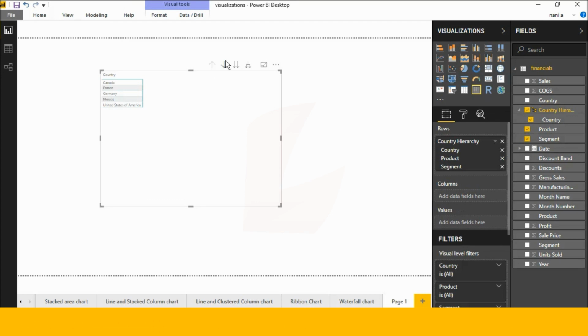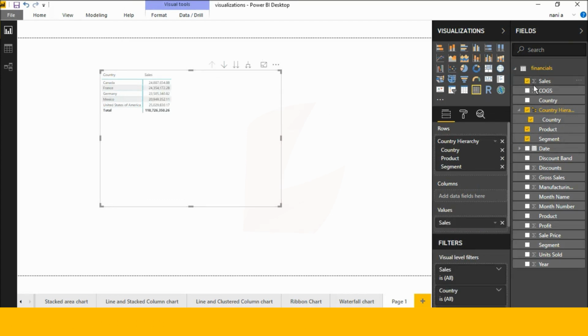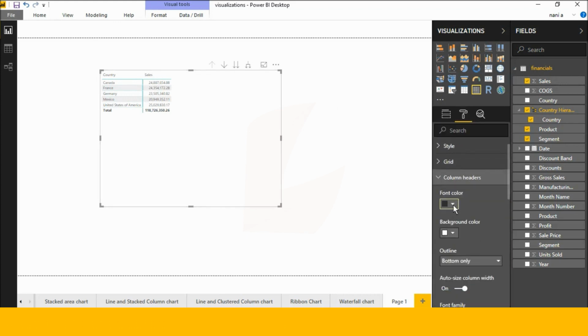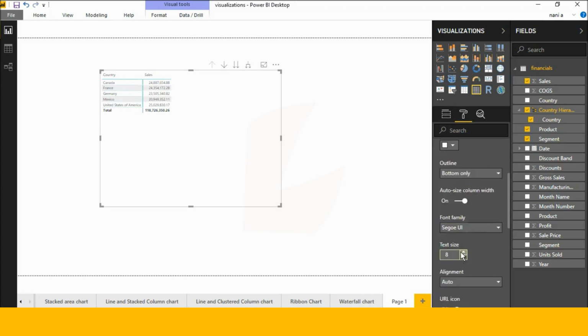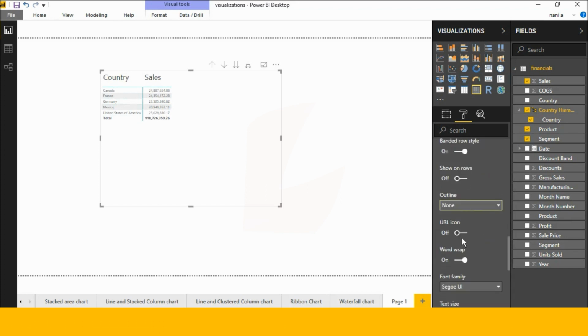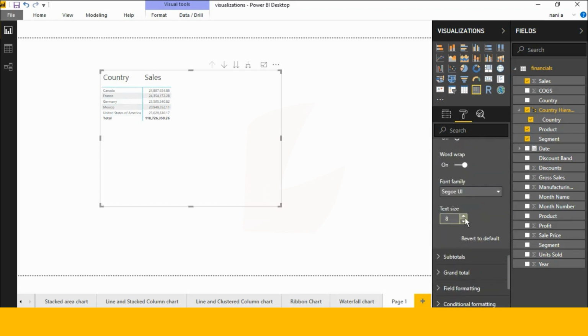See this, now drill downs are available. Okay, next go to select sales. Okay, let's increase these values. First we need to increase this column header size, and next we need to increase the values text size. Okay, click the up arrow, it's automatically increased